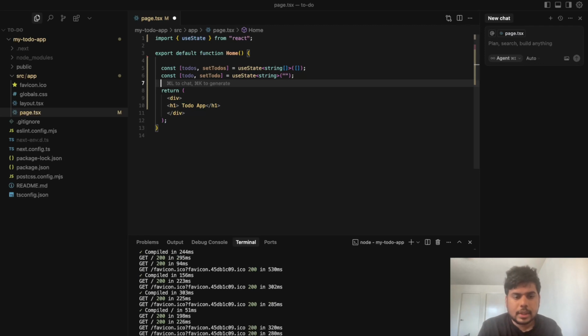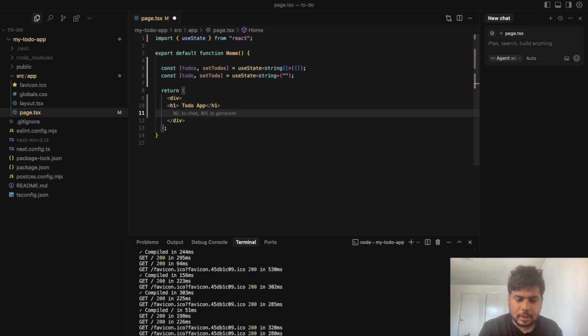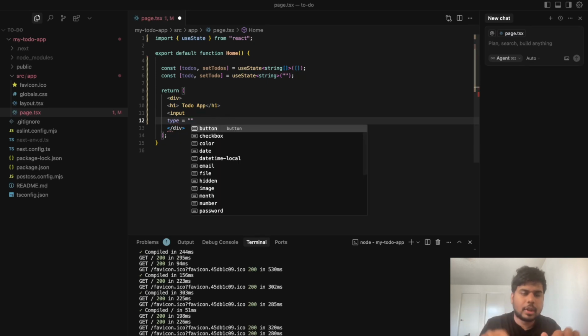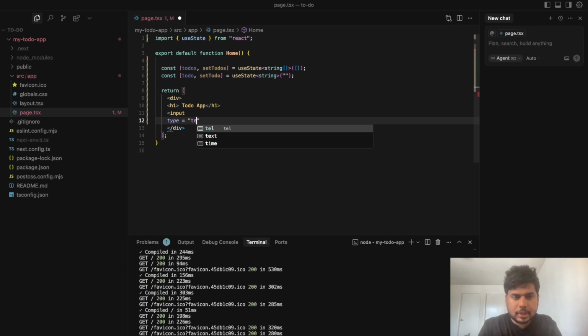Now what else is needed after? I think we can write the UI now, and then we can write appropriate functions. So currently I just have a heading, todo app, and then we will need an input field. So this basically takes in whatever you type for the to-do list. This input tag basically captures it. Type is, we will be dealing with text, and value will be